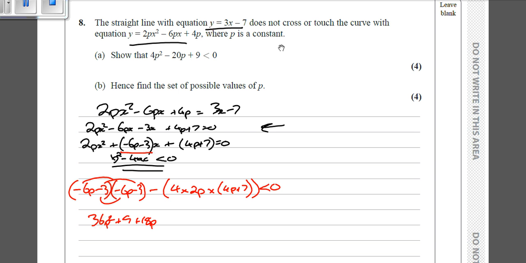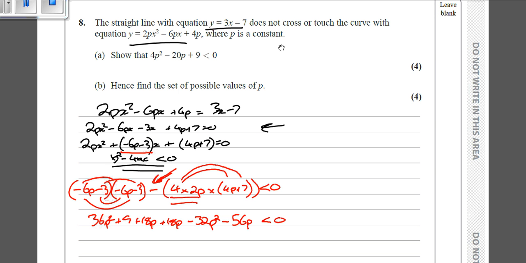Plus 18p, and then you've got 4 times 2p, which is 8p. 8p times 4p is going to be 32p squared. Then that's going to be times a minus because there's a minus outside, so it's minus 32p squared. Again, doing the same thing again: 4 times 2p is 8p, times the 7. 8p times 7 is 56p. Then you times it by this minus, which is outside the brackets, so minus 56p